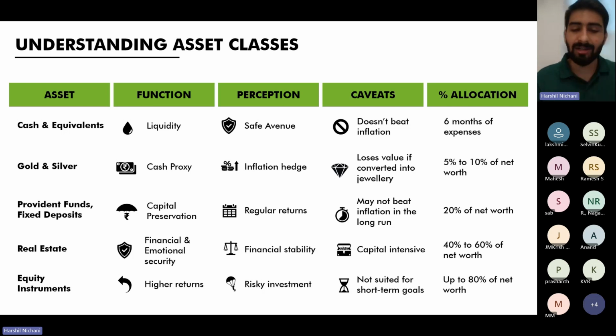Then real estate. I mean, 80% of Indian savers' wealth is in real estate. So you can't do anything about it. It's more of a financial and emotional security, right? You need to have a house. And the Indian household mentality is that